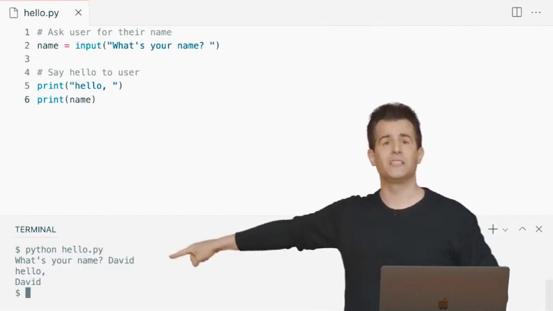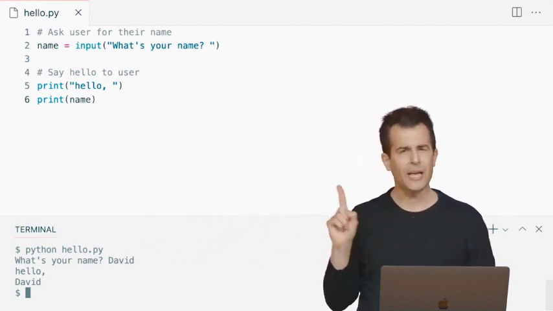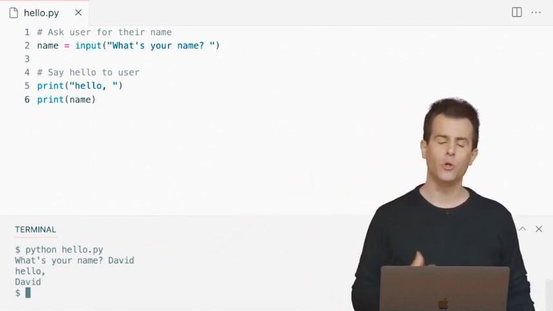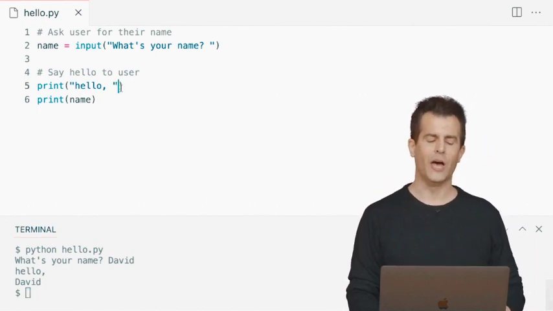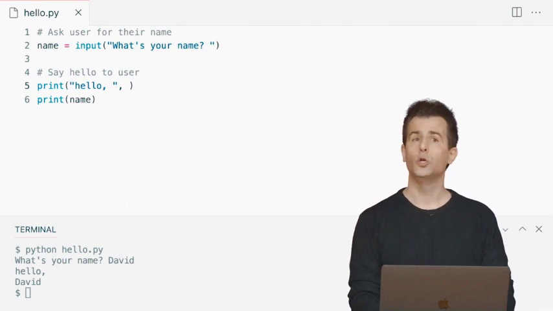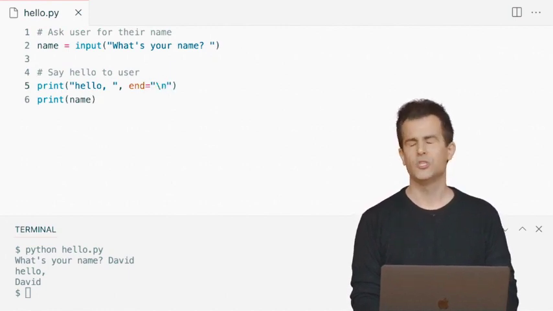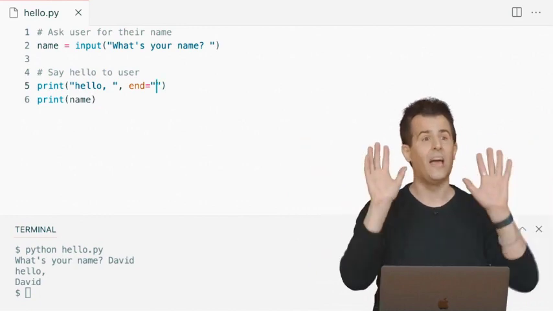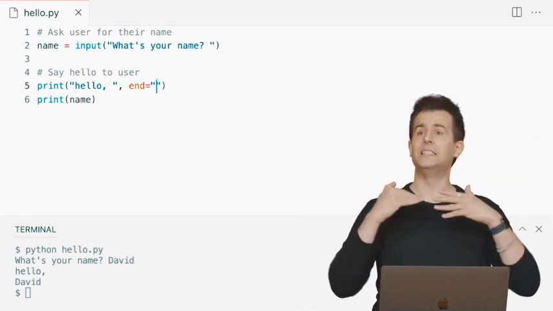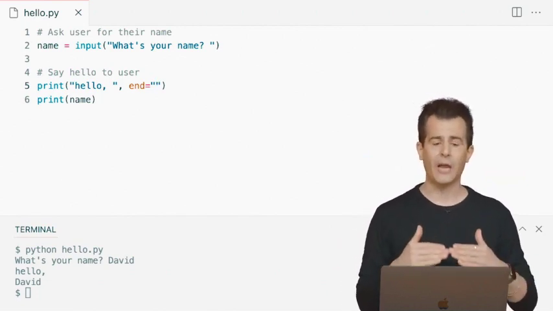The original problem was this. I don't like how hello, comma, David is on 2 different lines. Well, that's happening again because print is automatically printing out a new line. So let's tell it not to do that. Let's tell it by passing a second argument to the first use of print to say end equals quote unquote, not \n, which is the default automatically. Let's make it quote unquote nothing else. Let's override the default value so there is no new line. There's literally nothing there. And let's see what happens.